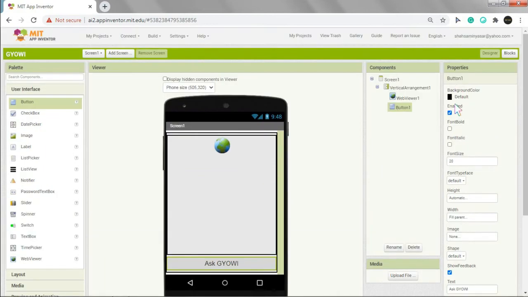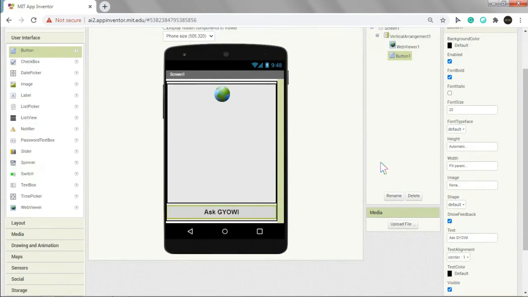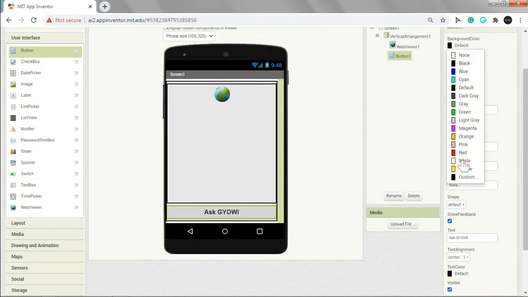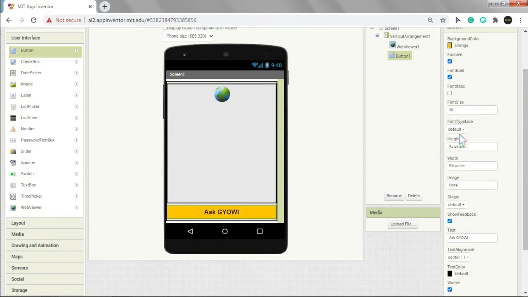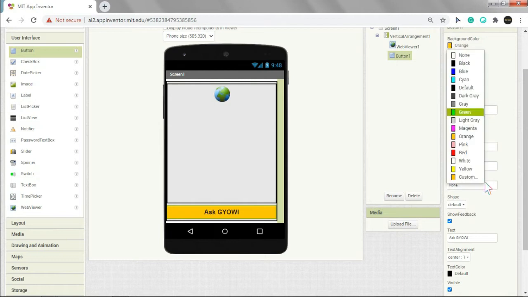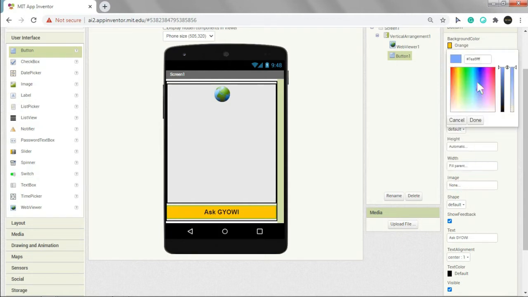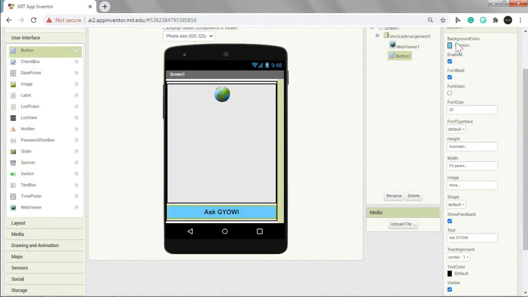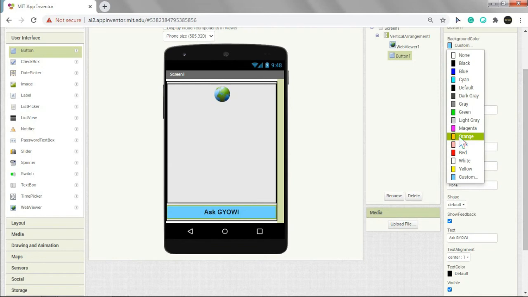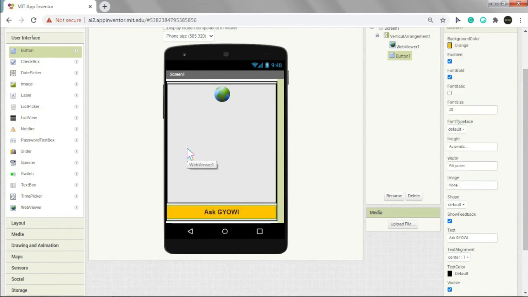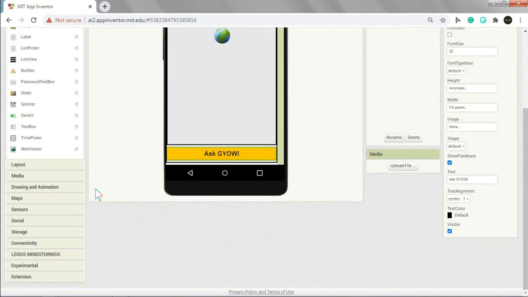Okay, and set the font to bold and the background color to orange, or this one. You can set all these according to your choice. Orange is good. Okay, and now we have to get two extensions.